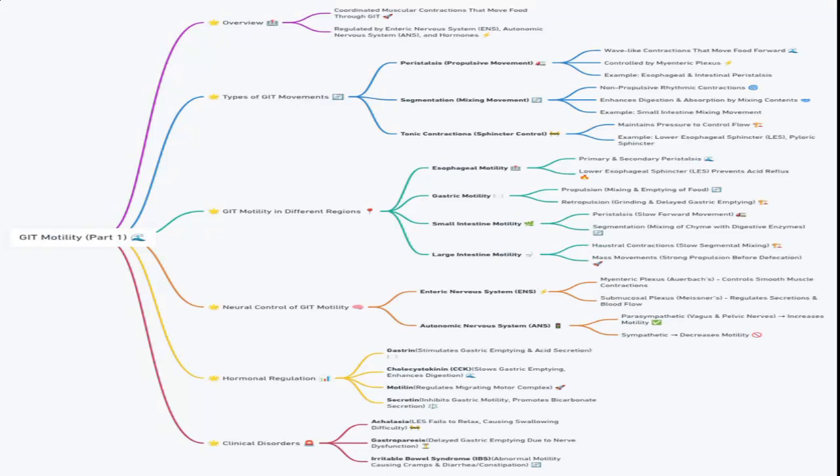With a mind map on GIT motility, we'll try to brainstorm and remember everything that we know, specifically the motility of the gastrointestinal tract, organization of the GIT wall, smooth muscle characteristics, and, as you can see over there, the patterns of motility in the GIT, control of motility, neural and hormonal pathways, the esophagus, stomach, small intestines, and colon. So with this first part,